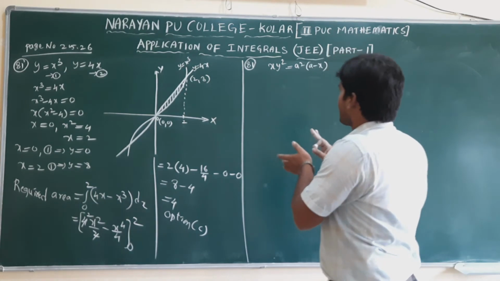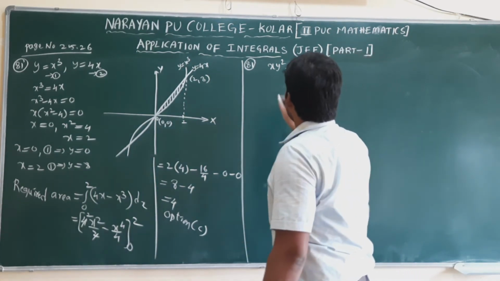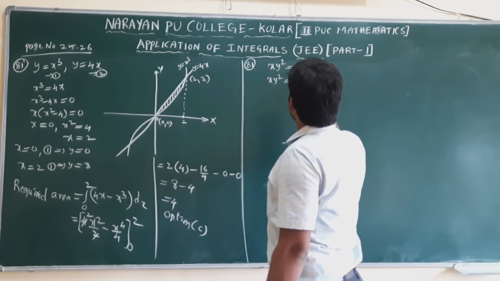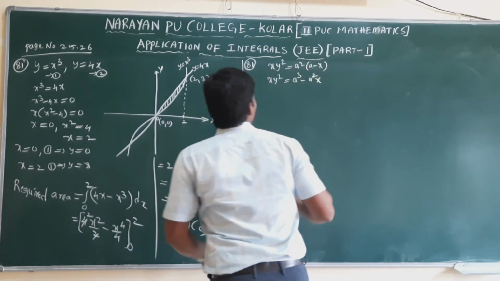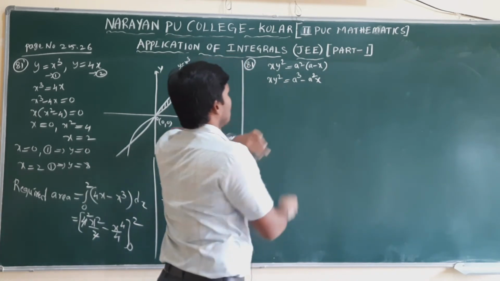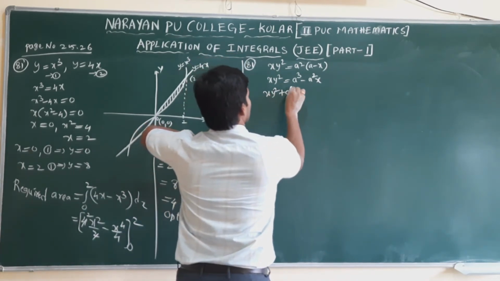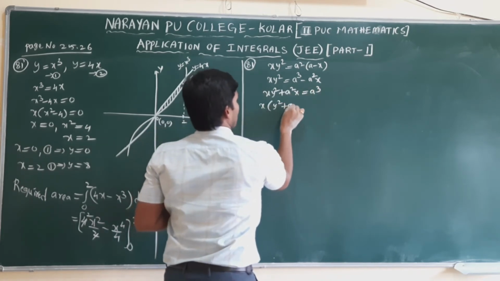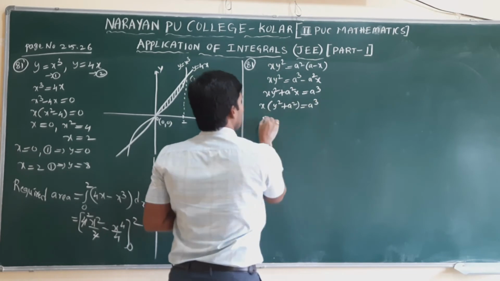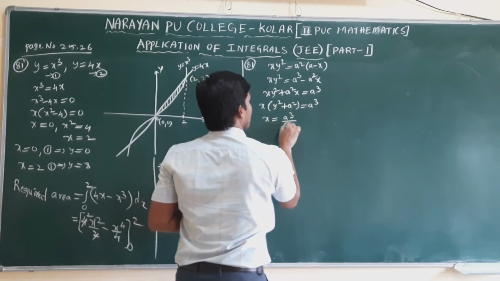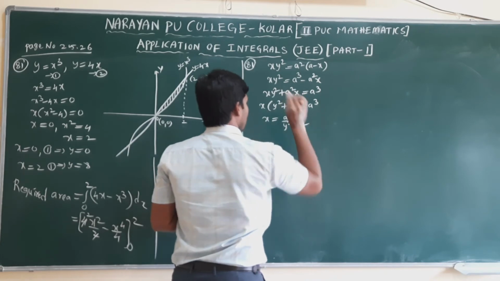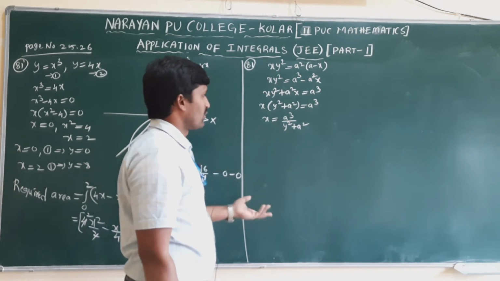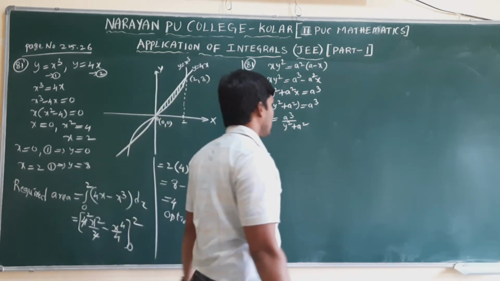I will write this curve x completely in terms of y. So x y square equal to a square into (a minus x), that is a cube minus a square x. Sending the minus a square x to this side, x y square plus a square x equal to a cube. In this x is common. y square plus a square, x equal to a cube. x equal to a cube by (y square plus a square). In this curve the powers of y are clearly even.